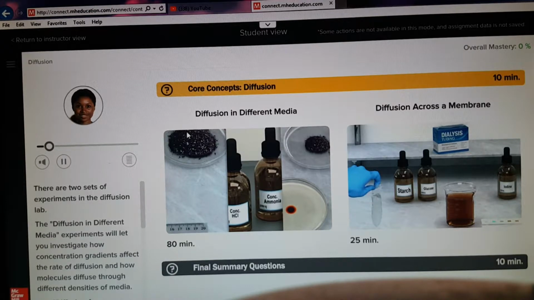The diffusion in different media experiments will let you investigate how concentration gradients affect the rate of diffusion and how molecules